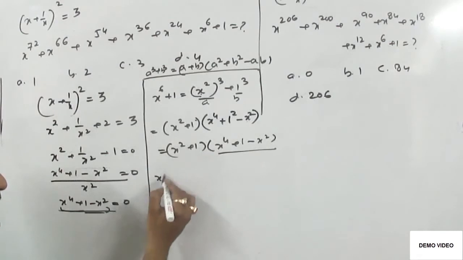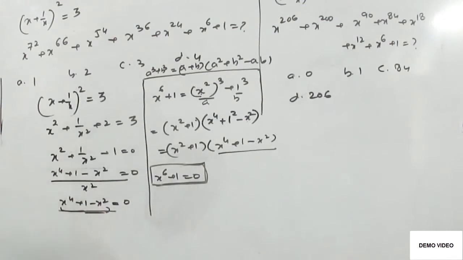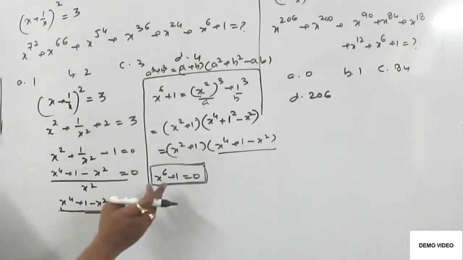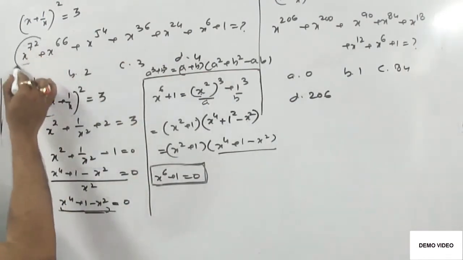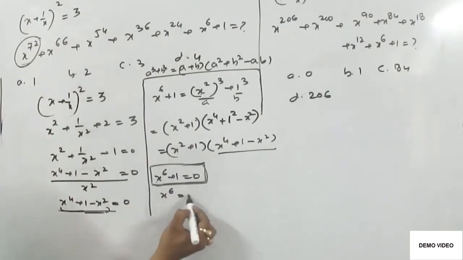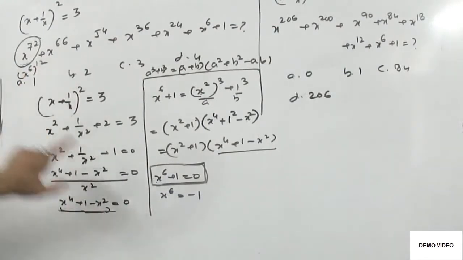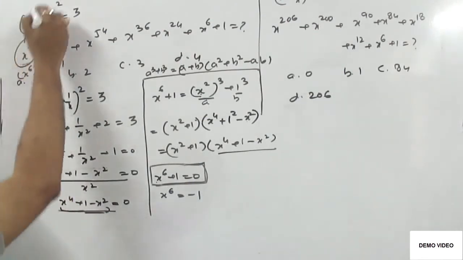Friends, it is not important to solve the entire thing step by step. You have to find a pattern. This is 12 into 6. It would be minus 1 to the power 12, which will give us a plus sign. It is 6 into 11. Minus 1 to the power 11 gives you minus 1. This is 9 into 6, meaning odd power, gives you minus 1. This is 36, 6 into 6, meaning even power, plus 1. This is 24, 6 into 4, meaning even power, plus 1. Add them: minus 1 and plus 1, we have remained with 1. So the answer of this question is option A.